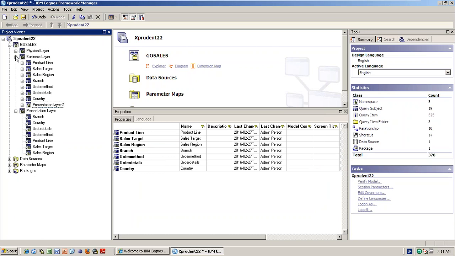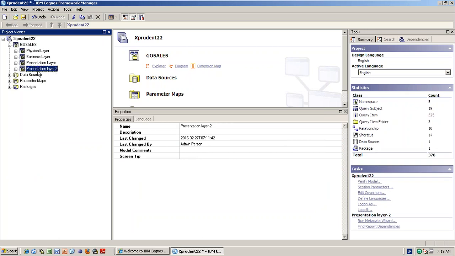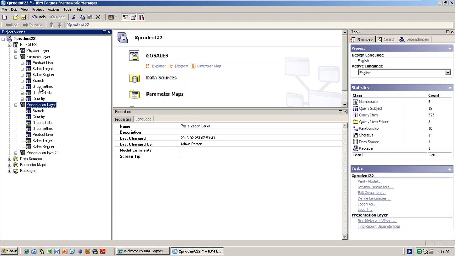And see, if you observe, it is under the business layer, right? But normally the presentation layer should be outside, right? So you drag and drop it under the go cells. Simple, that's it. See, the presentation layer is created. While you were creating the presentation layer, you took the shortcuts and renamed each and every table, right? Instead of that, you can select the tables, right click, and do the star schema grouping. Then it will automatically create the presentation layer. In this manner also you can do the presentation layer. Is that clear? Any questions here? That means you don't need to go to each and every table and rename everything. So it will become a star schema grouping.